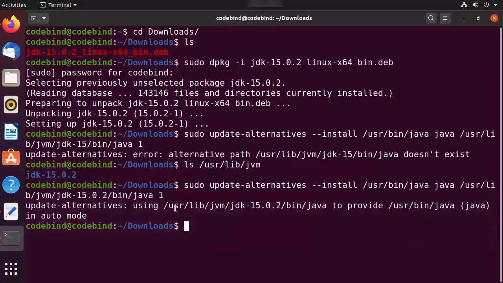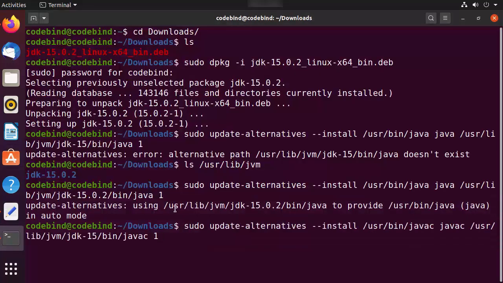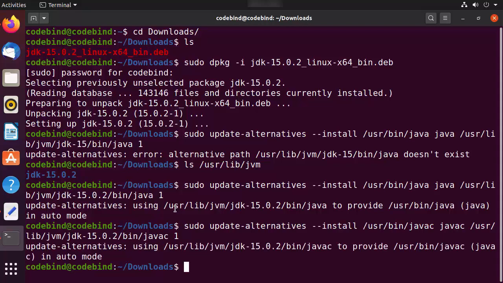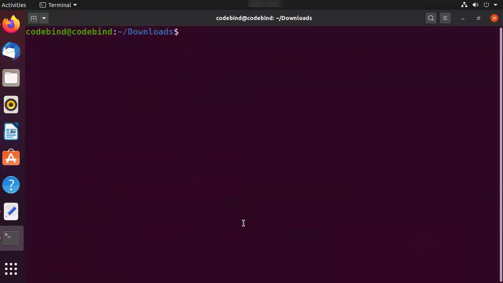So I'm going to just copy this command, change the directory name, which is jdk-15.0.2, and then press enter, and everything is done. So let me clear the terminal, and we are going to just give the java --version command now.